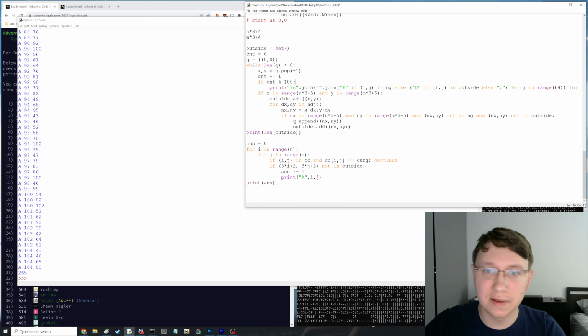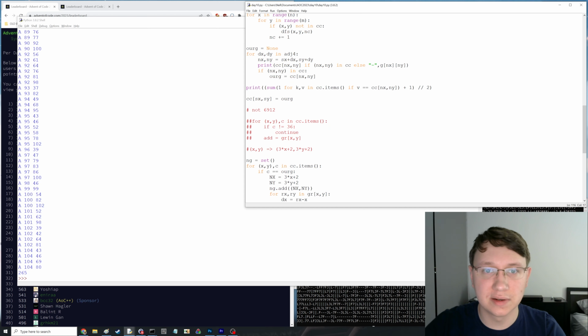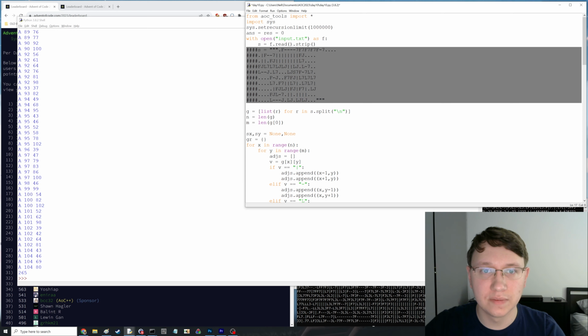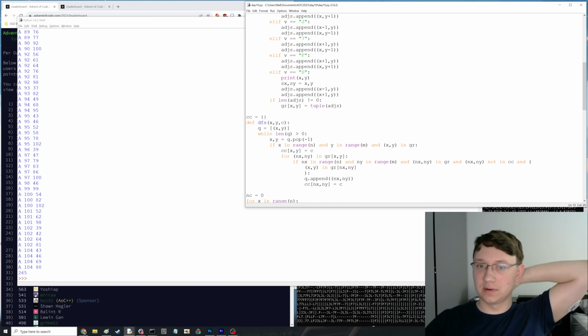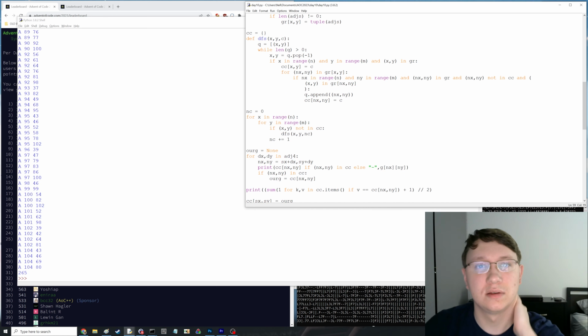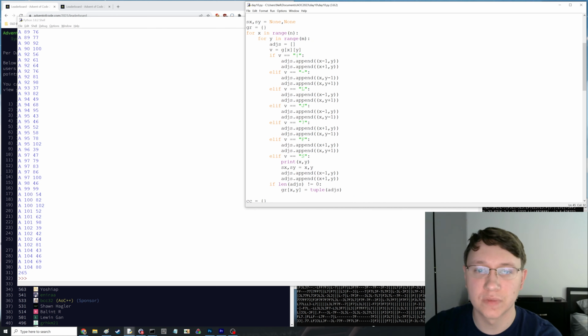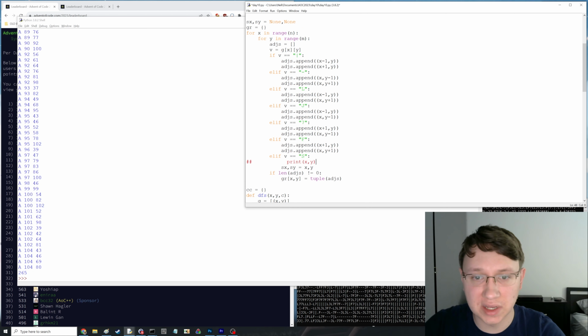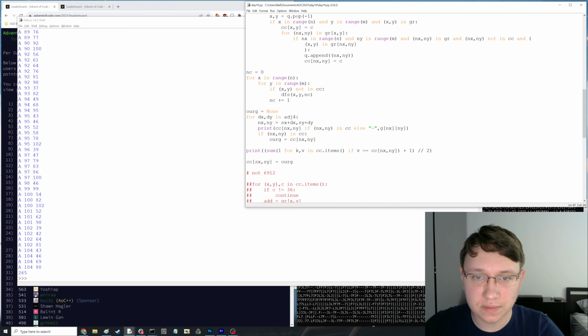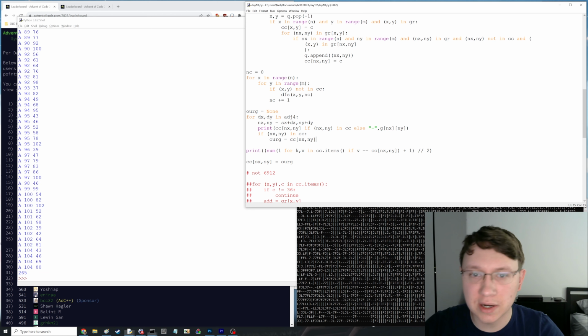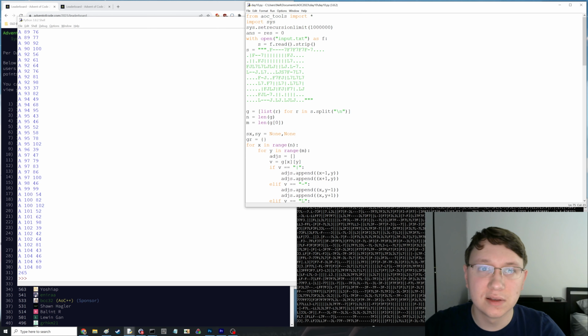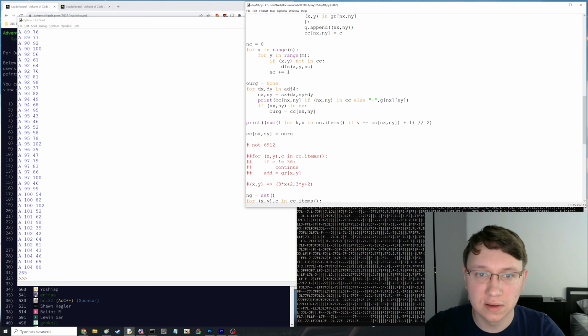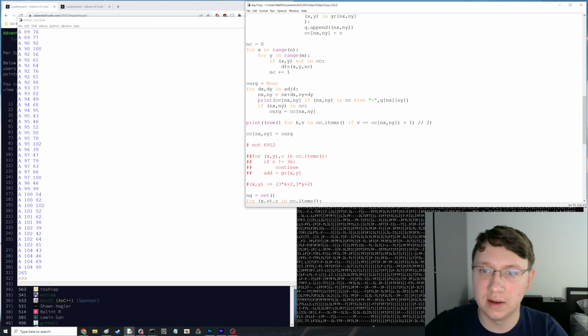Okay, I kind of want to see this again though, just because it's kind of fun. Maybe I'll do like 300, this on the sample input. So a way we can figure out what kind of thing the start is, so we'll get rid of this. I don't need this print anymore. Is we can look at the things near the start, and we don't even need to figure out the letter, we just need to figure out the adjacencies. So what we can do is we look at these, and then